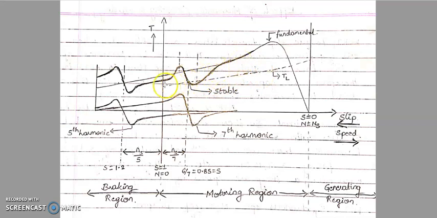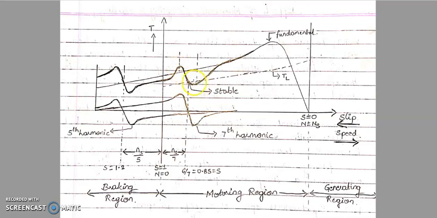Initially, you can see the starting torque. After the addition of the fifth and seventh harmonic, here is where the motor actually starts, yes or not? The motor starts when slip is equal to 1, n is equal to 0. So you can see the starting torque is greater than the load torque. TL is over here, but the starting torque is greater than that, yes or not? We can see the distance between this and this, and between this and this. So the starting torque is greater than the load torque, then obviously the motor rotates, yes or not? You can see the motor starts to rotate and it reaches this stable region.